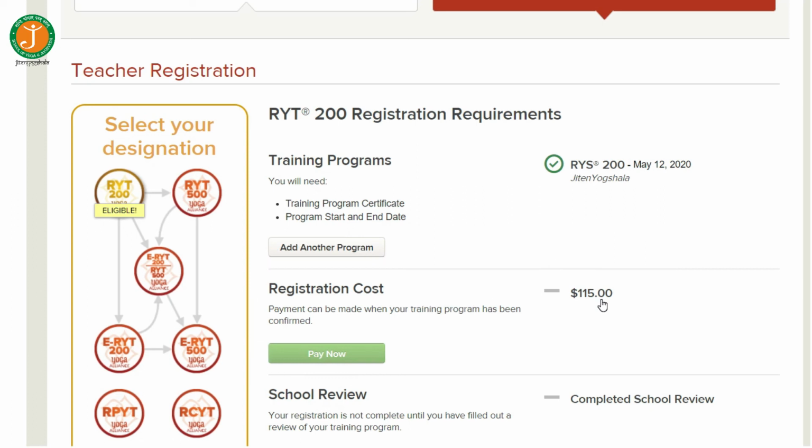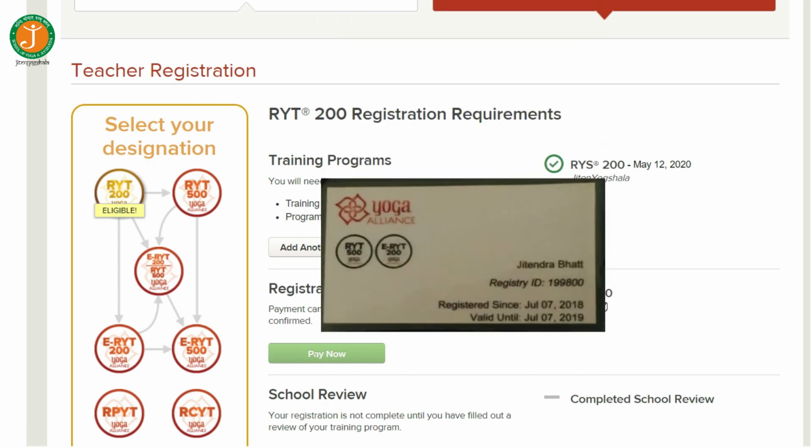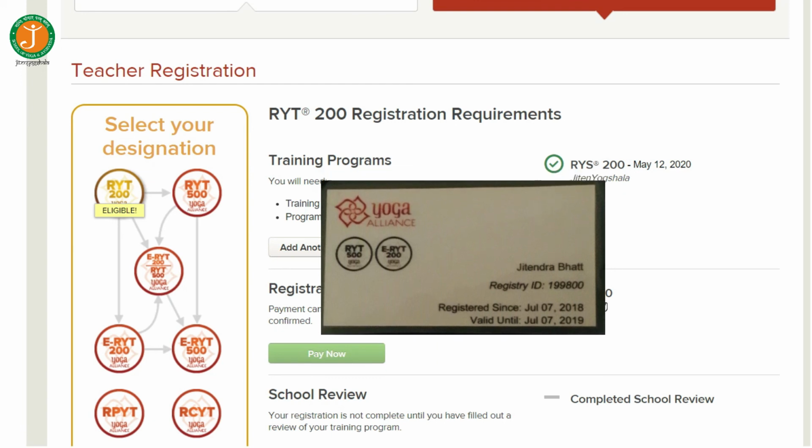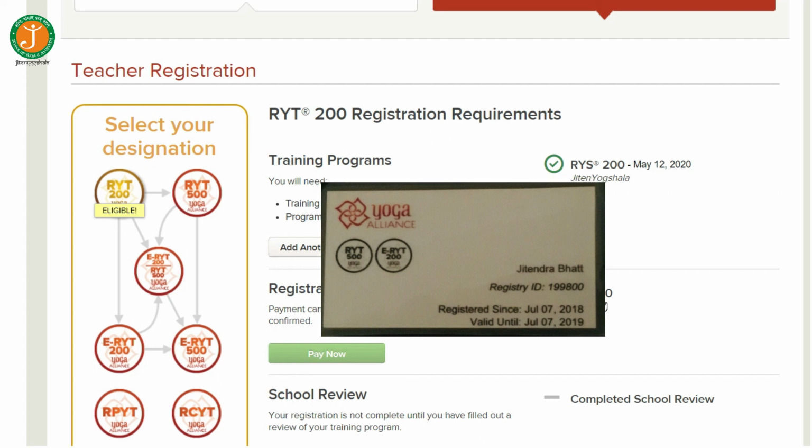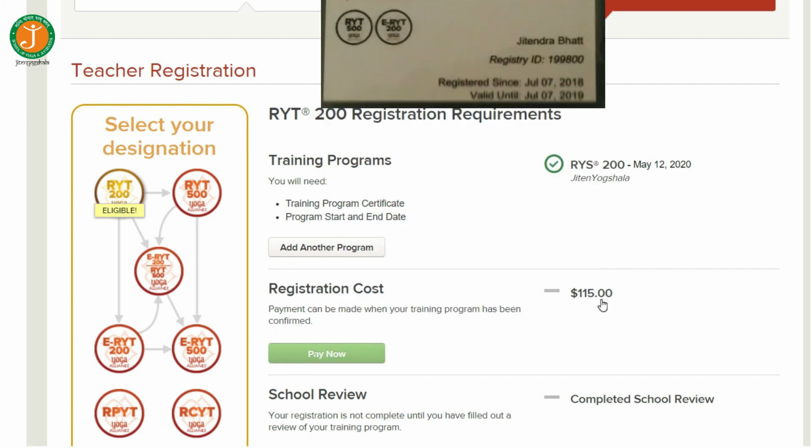By paying this, your name will be added to their list and people can find your name through the teacher search option. Once you pay that fee, you will also receive a soft copy of a registration card which will have your name, registration number, designated course, and some other information.